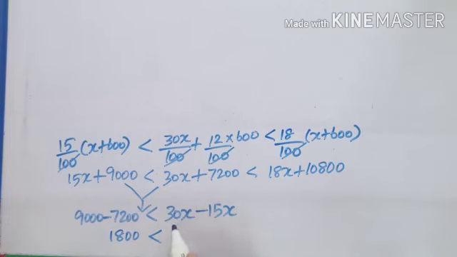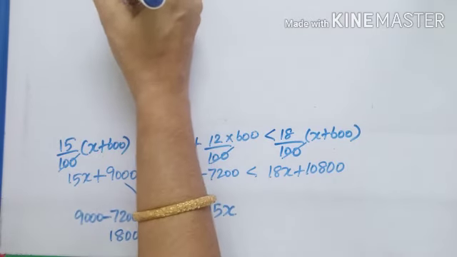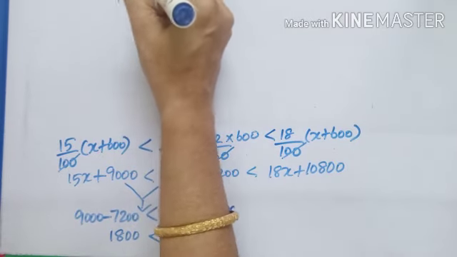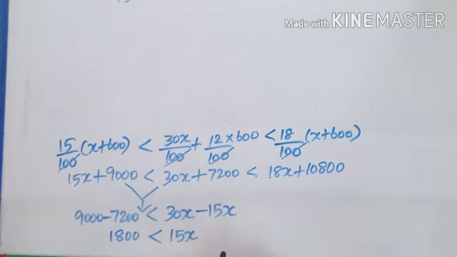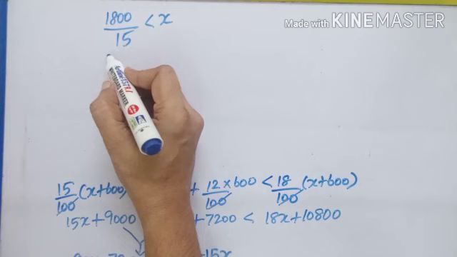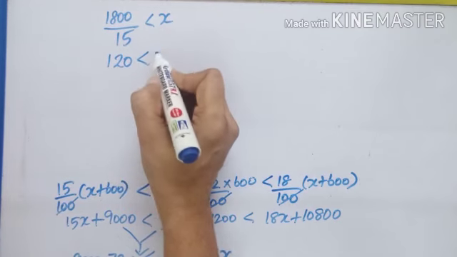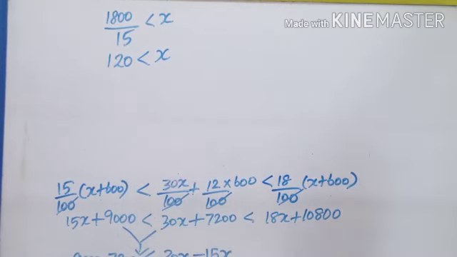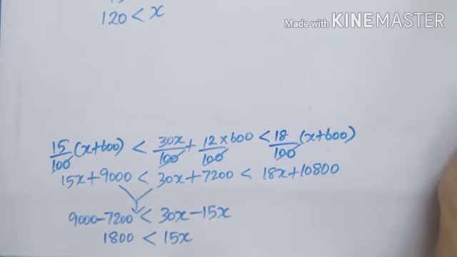1800 less than 30x minus 15x, which is 15x. Or this I can further simplify, 1800 by 15 is less than x. So if I cancel, I get 120 less than x. So the first part is over. To the second part,